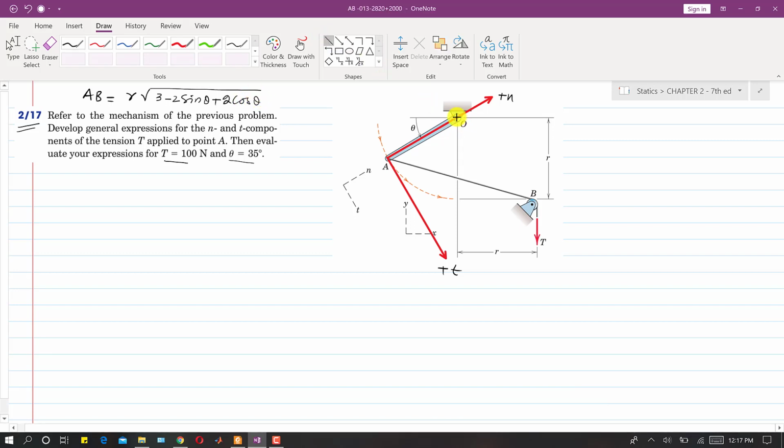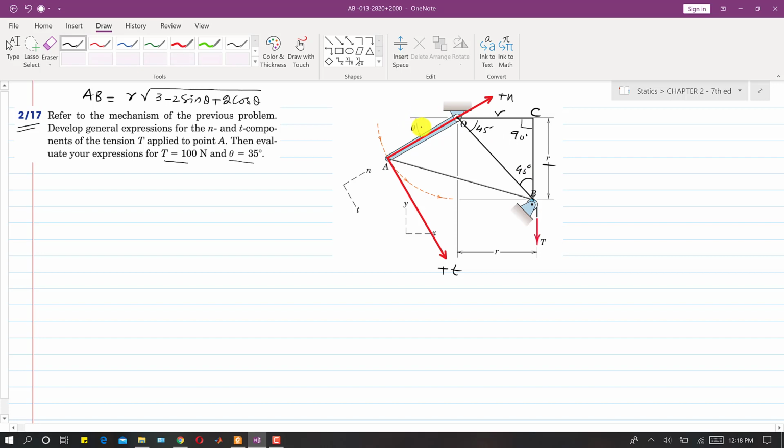Now if I join this O with B, we will have this, right? And now if I draw this triangle, we can see that this length is r. Let's suppose I put point C here, so this will be the OBC triangle. In OBC the BC length is equal to r and the OC length is also r, right? And this is 90 degrees. So if this is 90, then this is 45 degrees and this is also 45 degrees, right?